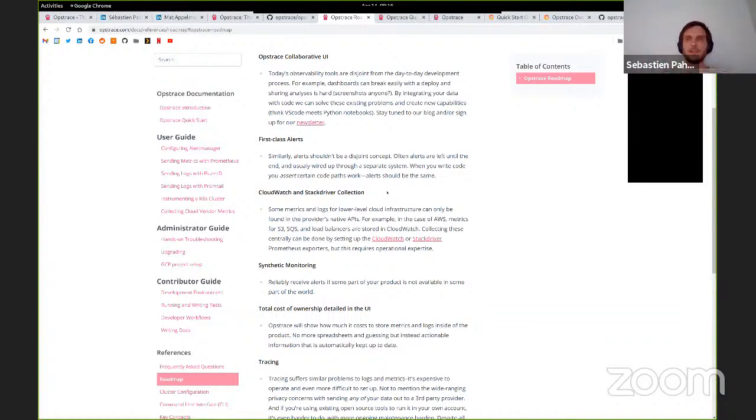Alerts are not an easy thing to do. Today, with Prometheus, it requires you to know and write a lot of rules and become an expert in how Prometheus works. This is something that we want to abstract and put into simple visual UIs that people can use to, in the future, do more with it, like SLOs and error budgets.